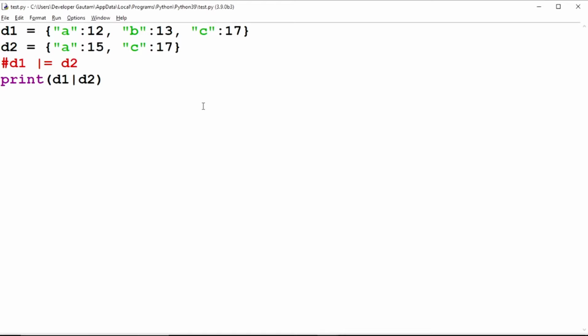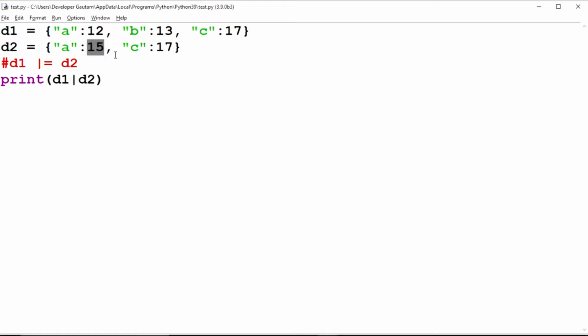And why is that happening? That's happening because of this union operator. This is a union operator, or you can say a merging operator, which merges both of these dictionaries. And remember one thing: whenever you are merging two dictionaries or taking the union of two dictionaries, if both dictionaries contain the same keys, like you can see over here we have A in both the dictionaries as key, then the value of the key will be changed by the last value of that key.